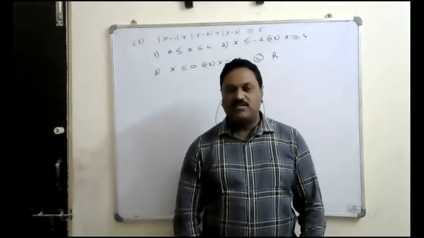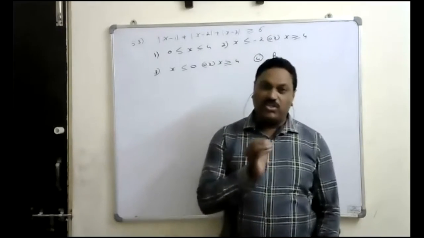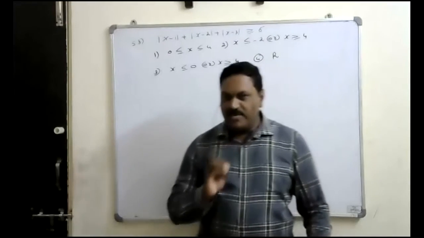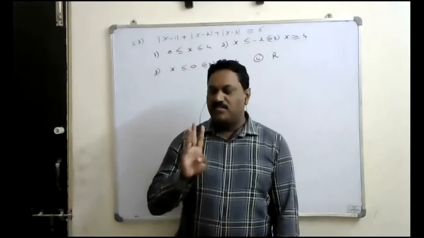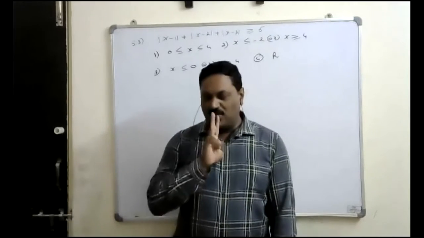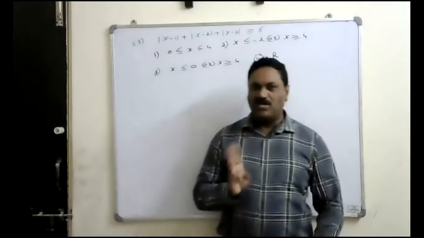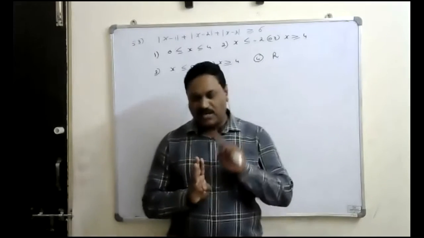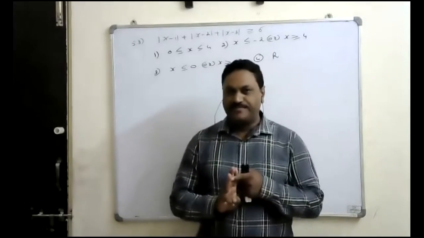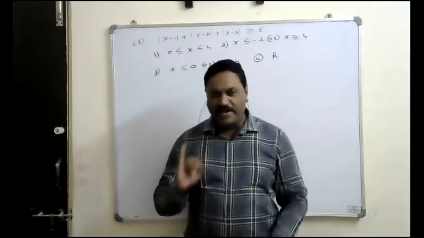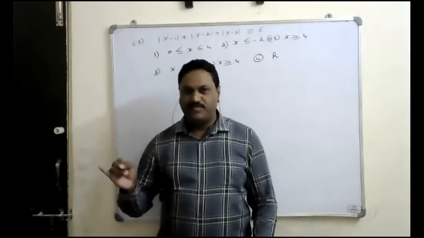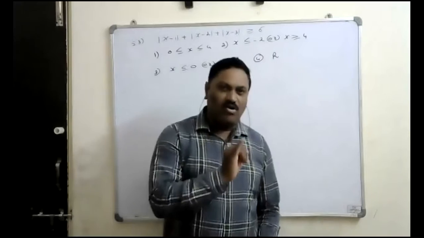For getting this answer, there is a method called the elimination method. What does the elimination method mean? Out of the 4 options, we will eliminate the 3 wrong options, not the wrong answers. Sometimes those might be correct answers also, but not the correct option. So we eliminate the 3 wrong options, then automatically we can identify the right option. How to eliminate the wrong option?